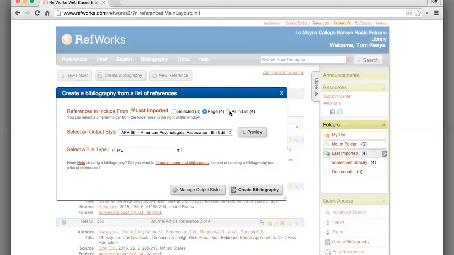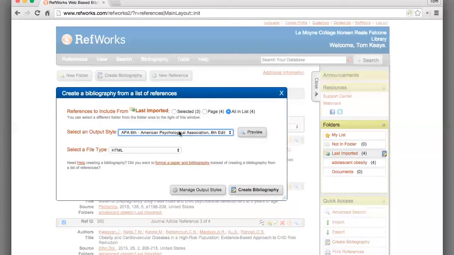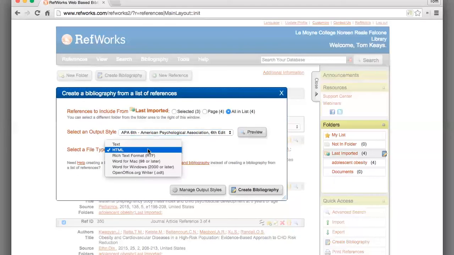Once you have selected which references to include, select an output style and the file type. By default, the file type is HTML. This will allow you to display it in the browser, but you can also select rich text, Word, or OpenOffice.